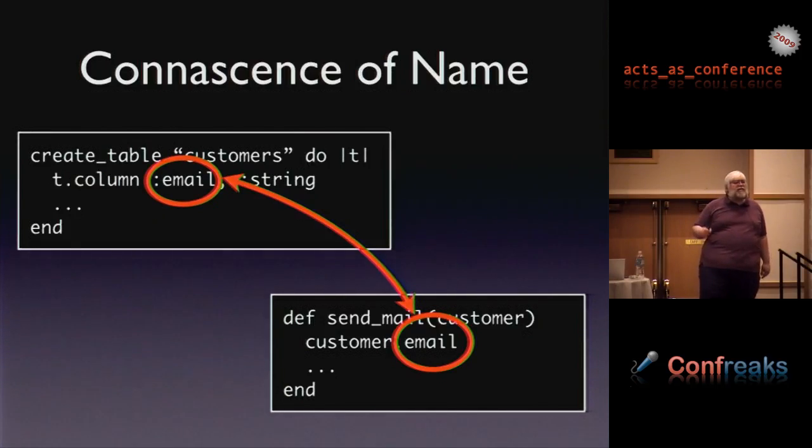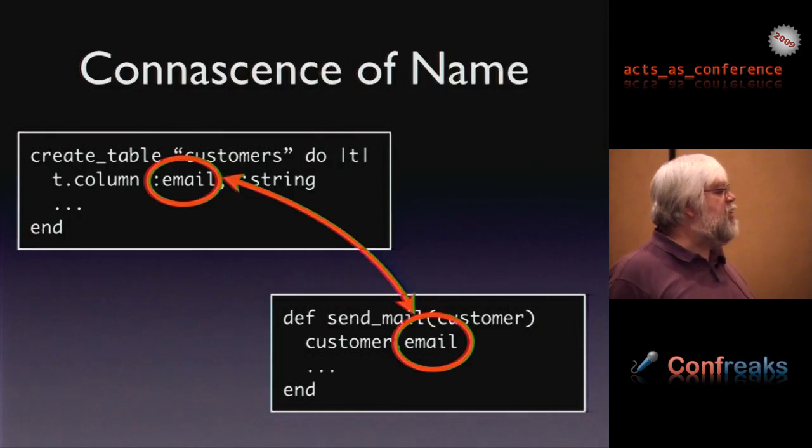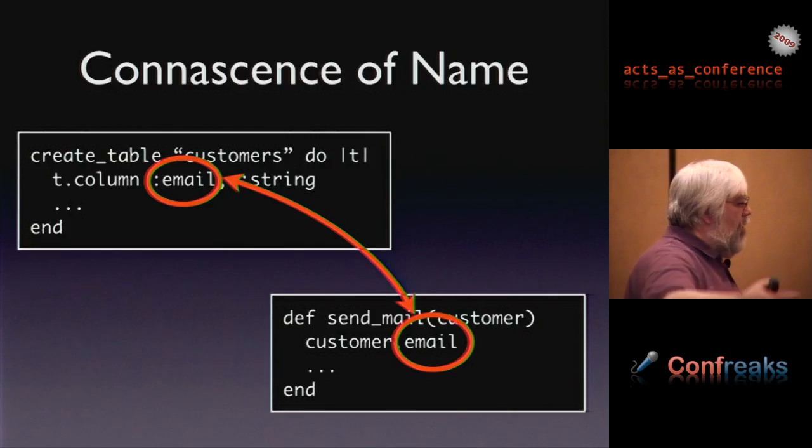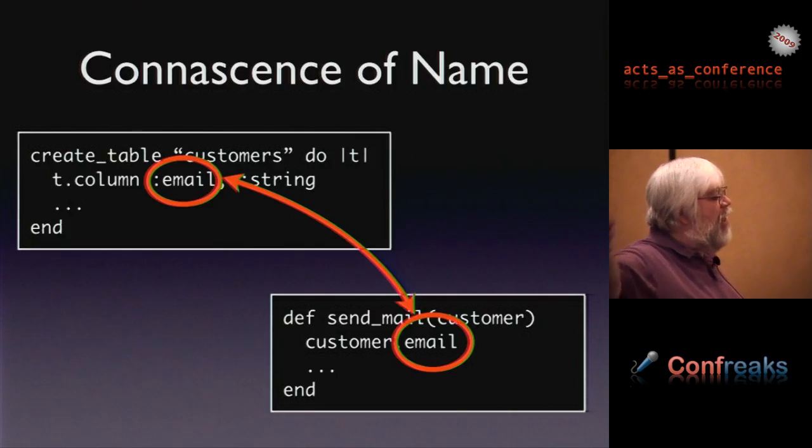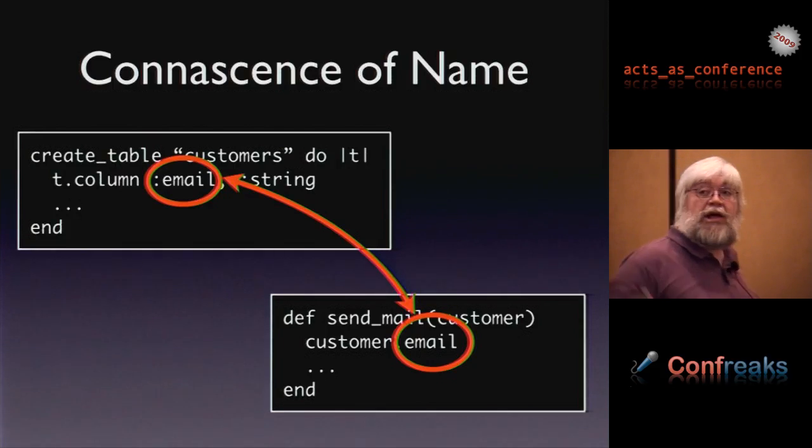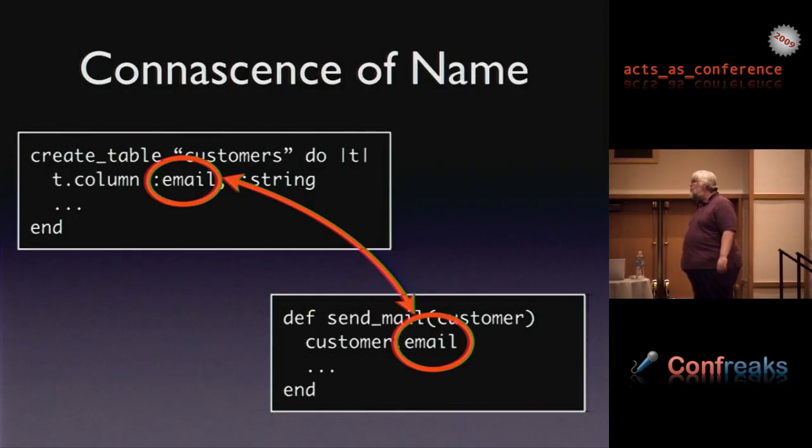Okay. So, kinesis of name can exist between your code and things that are not code as well. Such as, well, this is the schema. I guess it is code in this example, but in the schema there exists a field that is email. And if you change it there, you're going to have to change it everywhere it's used, or you're going to have to change the user module to map it correctly. You're going to have to do something. So there's a kinesis of name between not only the code, but also the database schema as well.